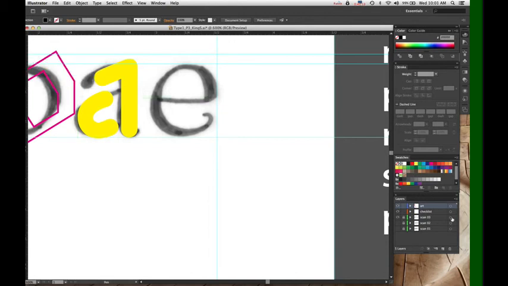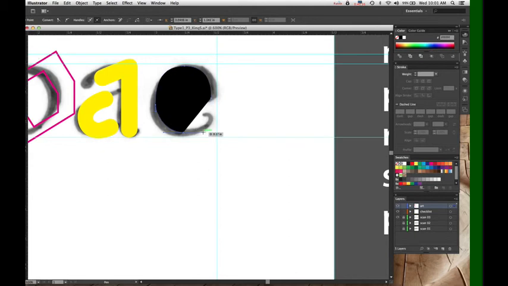So I'm drawing on my art layer. I'm going to draw this outline shape. And now this is a great demonstration of why I recommend working with no fill and a colored stroke, because we get to this situation where I can't see what's going on.